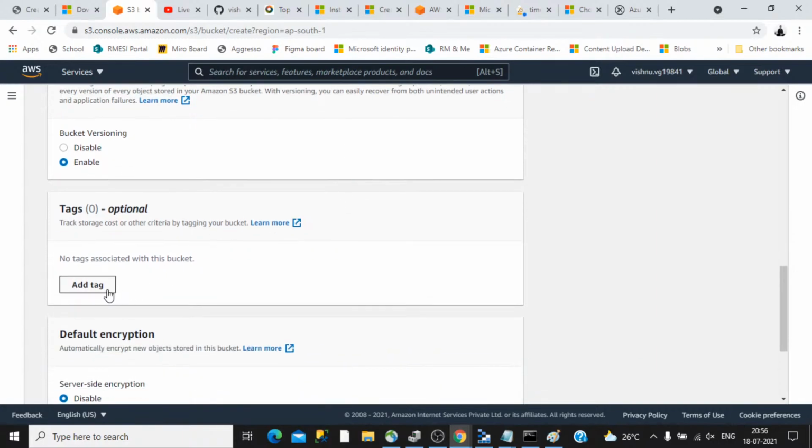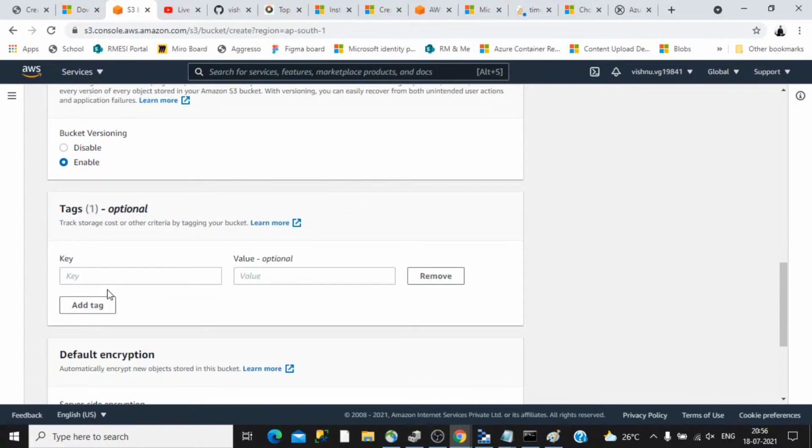Then the tags allow you to categorize your storage. So if you have a set of buckets belonging to this account, and you want to categorize by your project name, for example, let's say project as the key and the value is something like demo, you can do that.